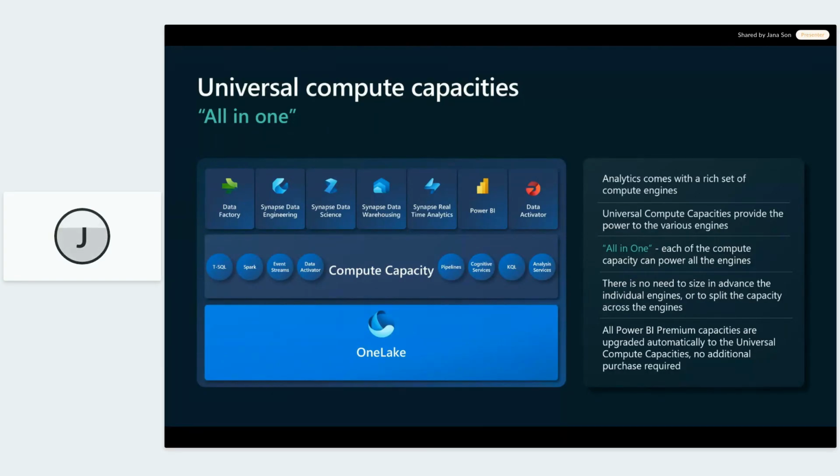But it means that you can use it for any workload, be it running a data factory pipeline, a Spark job, Spark clusters, SQL databases, your lakehouse operations, again, real-time analytics, anything that's possible to be done with these engines. They all can be run off of those universal compute capacities, which are shared across the platform.